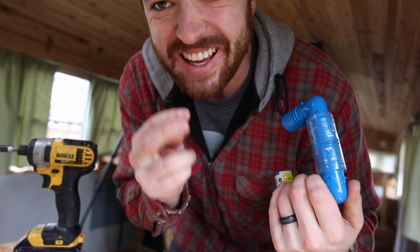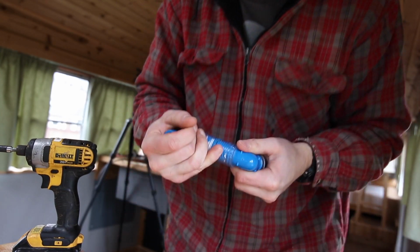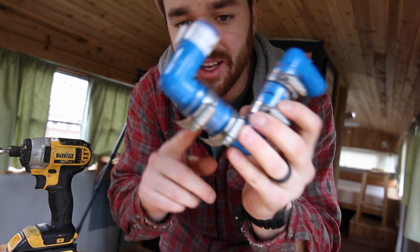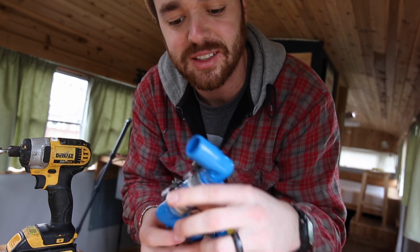I've already said that soap makes this way easier. Just a little bit of Dawn soap goes a long way. All right, there it is, the P-trap. And I made it so you can't see all the pee in it, which is kind of nice, so it won't be disgusting to go in the